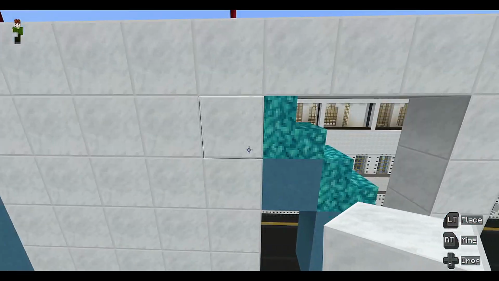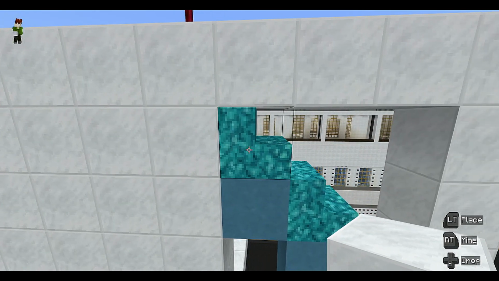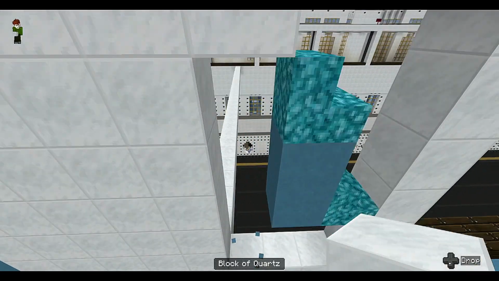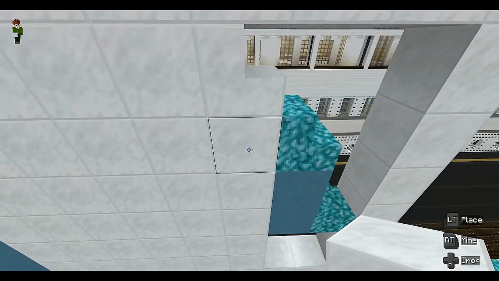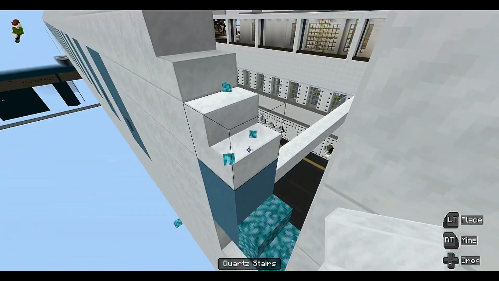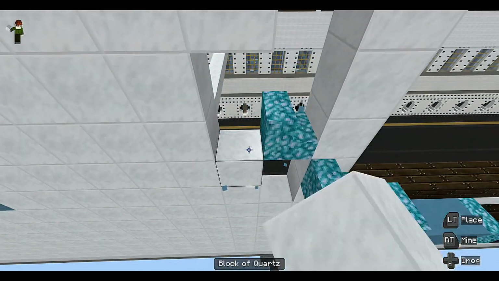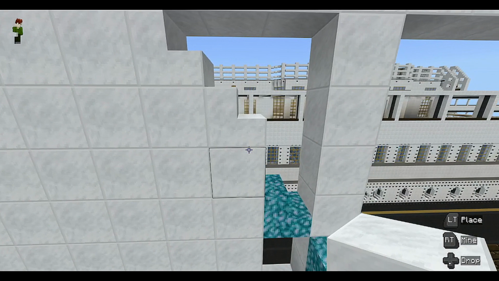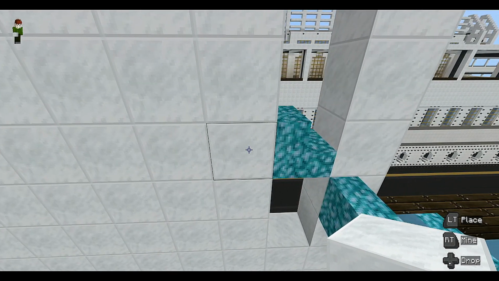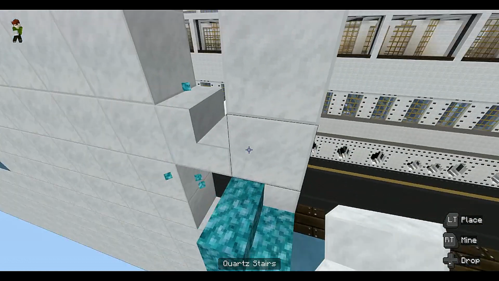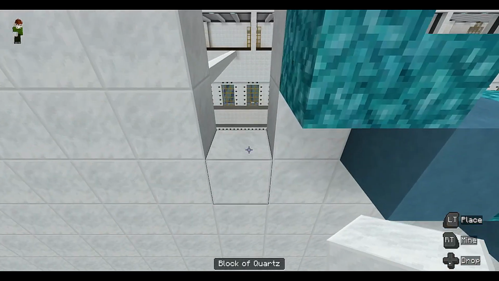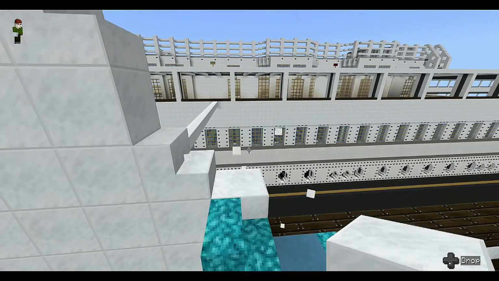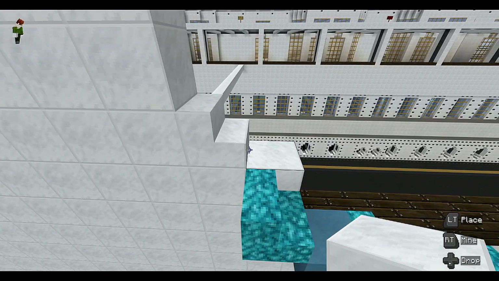Now, go down by 1, which is that one there, and then on the second one to the right by 1, put in a quartz stairs, and after that you just get quartz blocks again and fill it all in going downwards, and once again go down by 1 step again and fill it all going downwards. Okay, and then after the second one you need to go down by 2 blocks, and to the right of the second block put in a quartz steps. Okay, now on the Olympic here you should have a post here, so we'll just remove the post because we don't need that. Okay, and after you've removed that post,